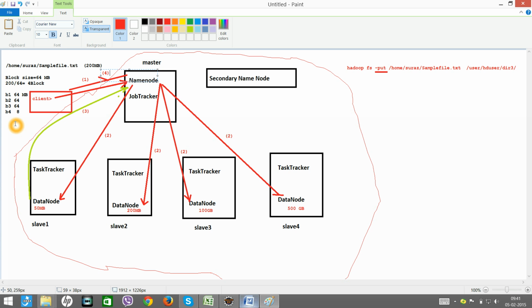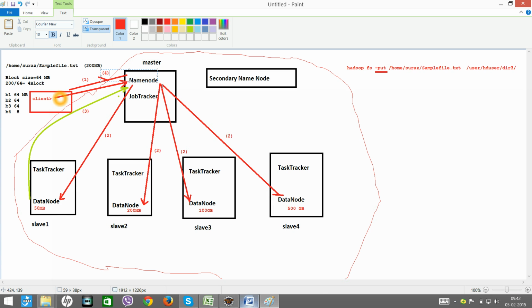It is not the responsibility of the name node to break the data. It is the responsibility of your client application to divide this data into chunks of 64 MB. So the client will divide it into block 1, block 2, block 3, block 4, and then it will start sending this data directly to the data nodes.